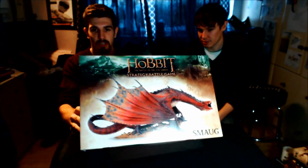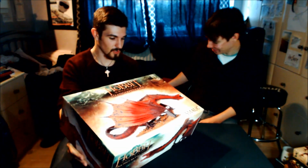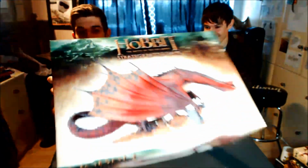So, let's have a look at the box itself. It's a very nice box. Yeah, it's very impressive. And you know, we're certainly going to want to keep it. As far as the cardboard Games Workshop are using now for the larger boxes, it's a lot thicker. Okay, so if we have a closer look,